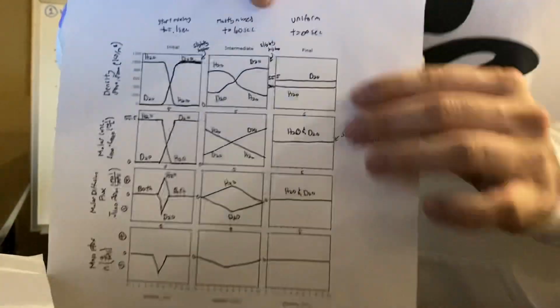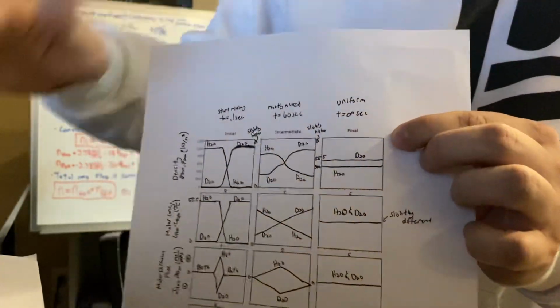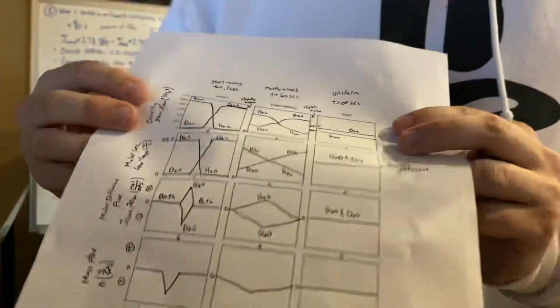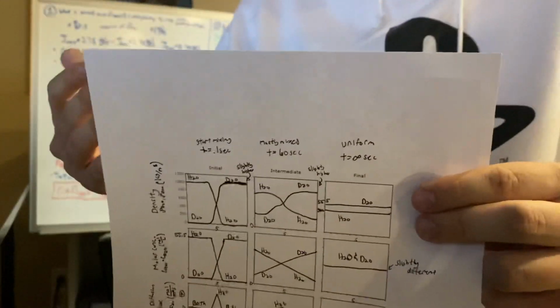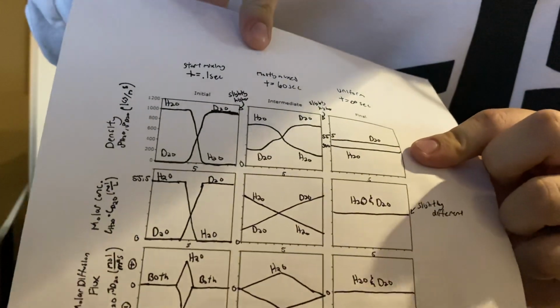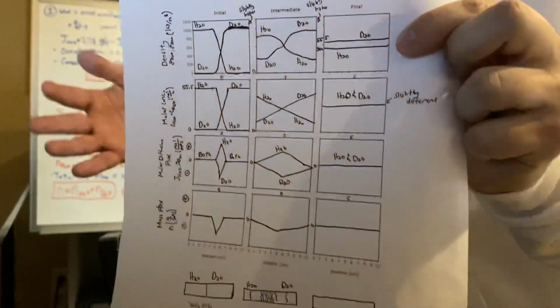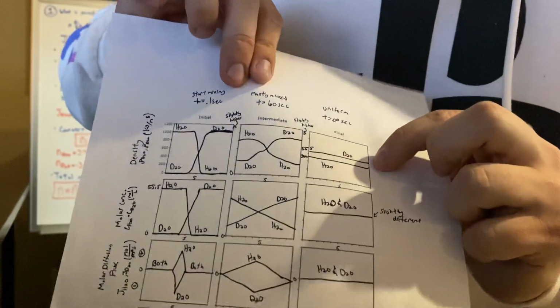And finally, at t equals infinity seconds, where it becomes uniform throughout the entire system, we can see here that deuterium and H2O are pretty much a straight line across. This is because it's going to be uniform. We know that it's fully done mixing. So it's going to be just the densities of the system throughout it, 55.56 and 55.5 moles per liter, which is why